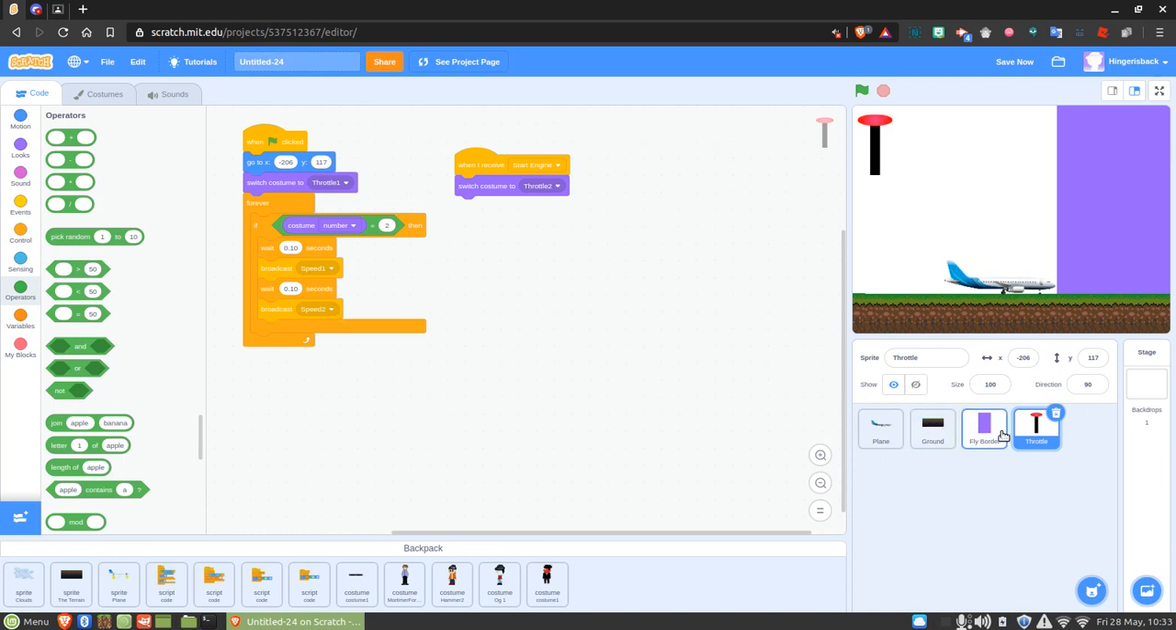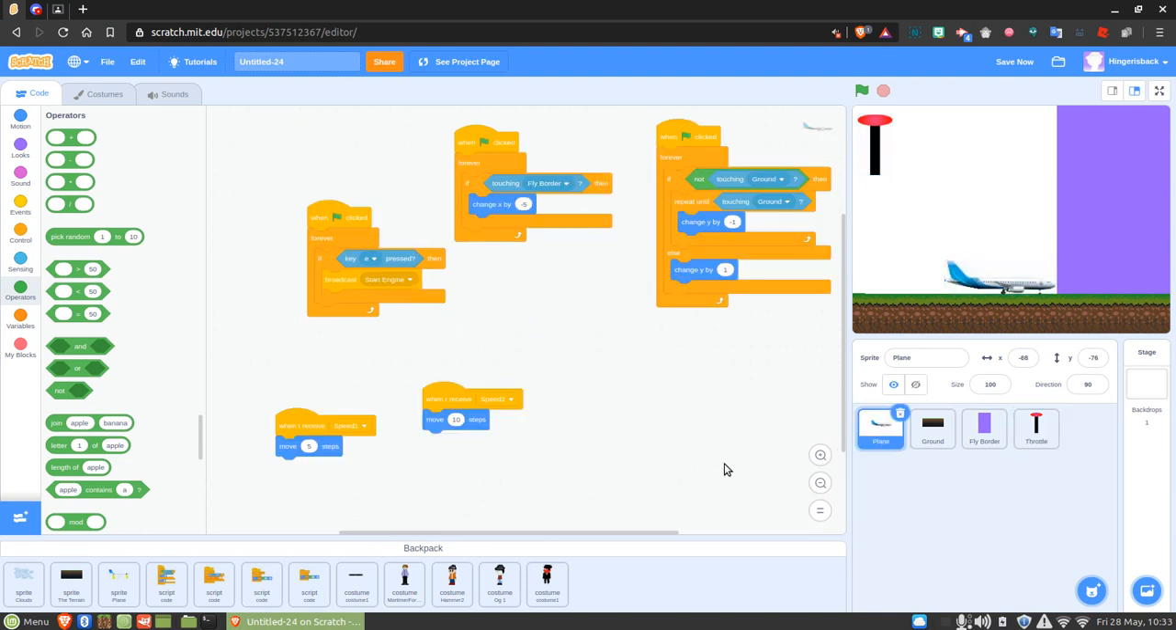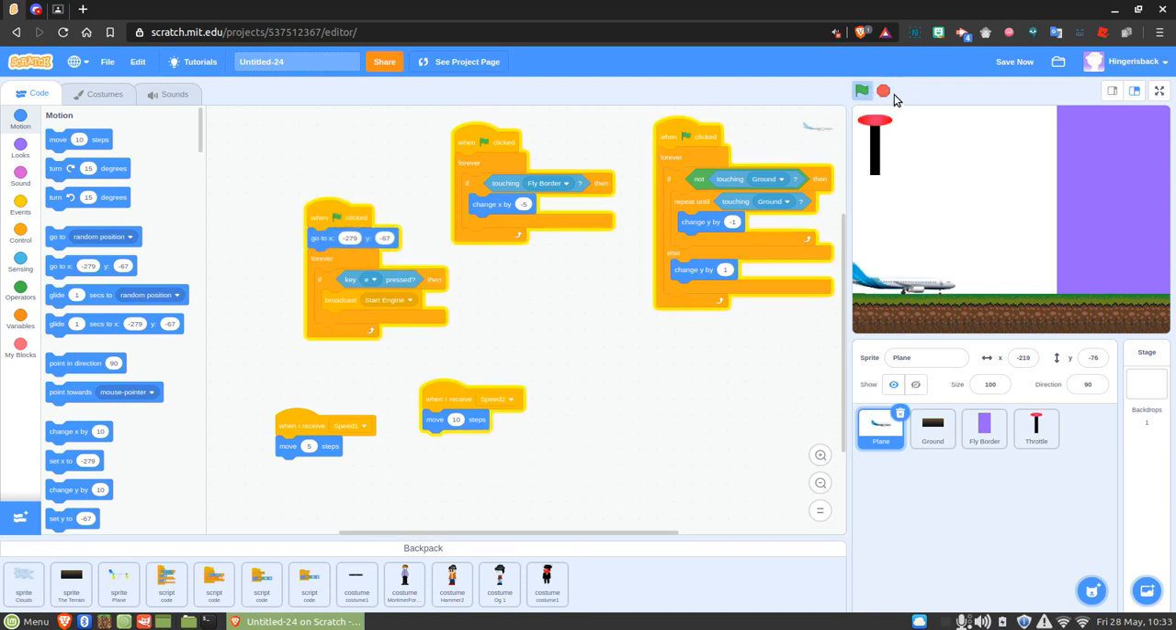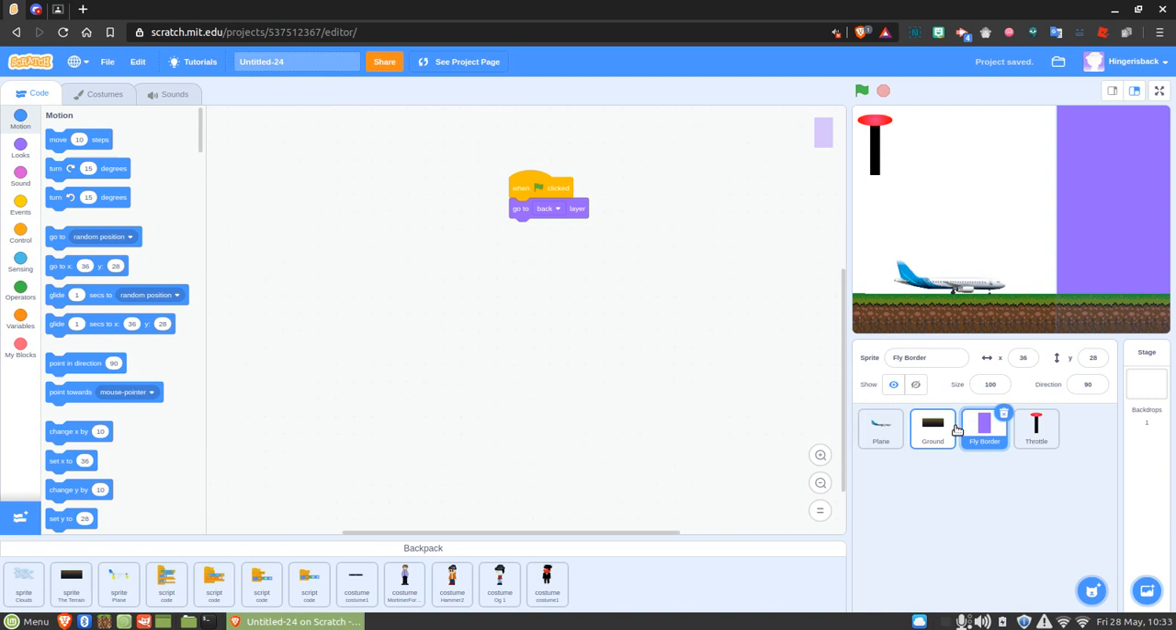And now what we're going to do is make it so that we can move our plane. But the thing is, oh, I forgot to make the plane go to the right spot. Yeah, make sure you make the things go to the right spot. So I'm just going to do this, and see it's moving. You can make it more smooth if you want. I'm not too good at building Scratch games, but